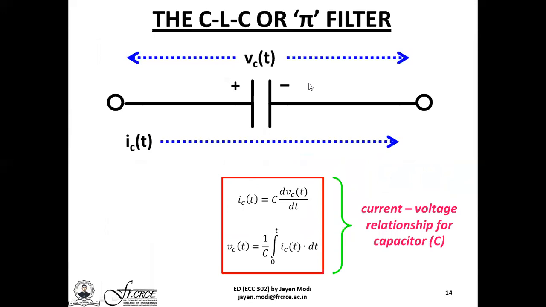Similarly, for the capacitor, the current through the capacitor was proportional to the rate of change of voltage across it. So this equation proved the fact that capacitors can pass AC, but they will be blocking DC, because for DC, the voltage across it remains constant. So there is no current flowing through the capacitor because the derivative of any constant is definitely a zero.